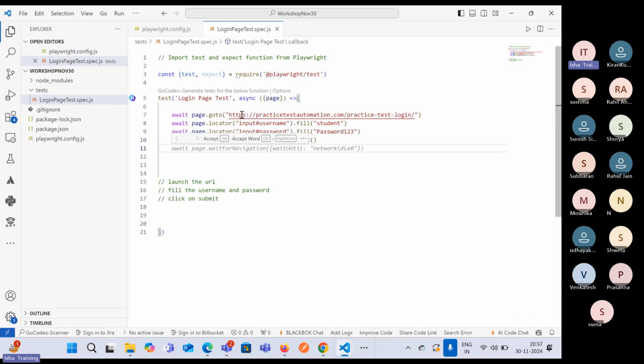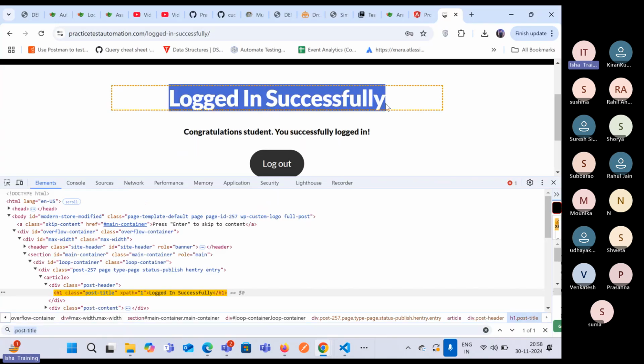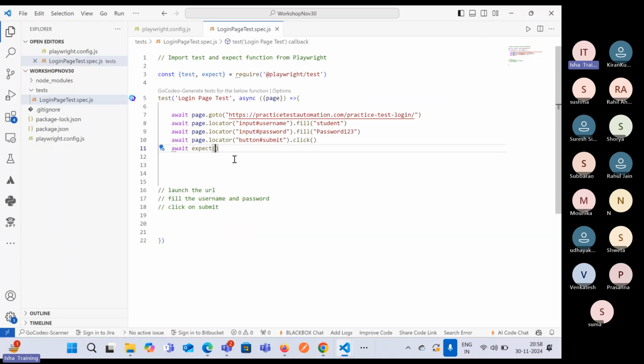Earlier, before starting the test case, we said that expect is a function which is used to write the assertion. So using the expect function, it accepts a parameter, which is what will be the actual value, what will be the expected value. So it generally compares the value and then we'll try to check whether expected and actual is matching or not. Okay, so here what we are trying to do is we are trying to check whether this logged in successfully have been displayed or not. For that, we have identified a locator and we'll directly say it as expect page.locator